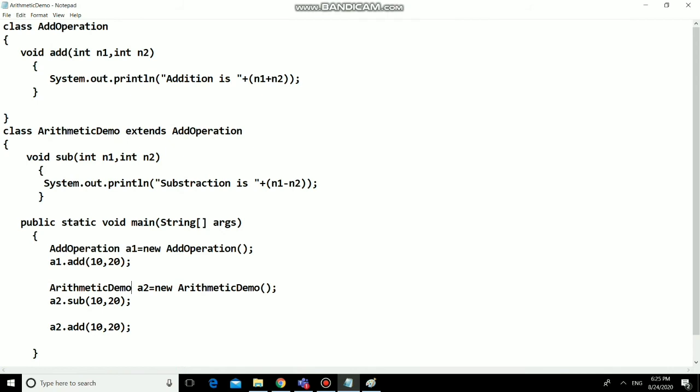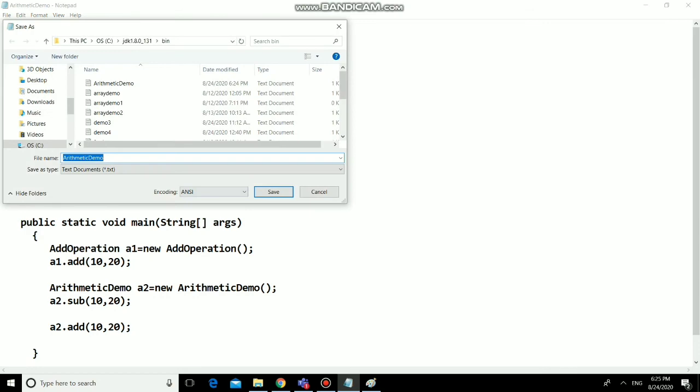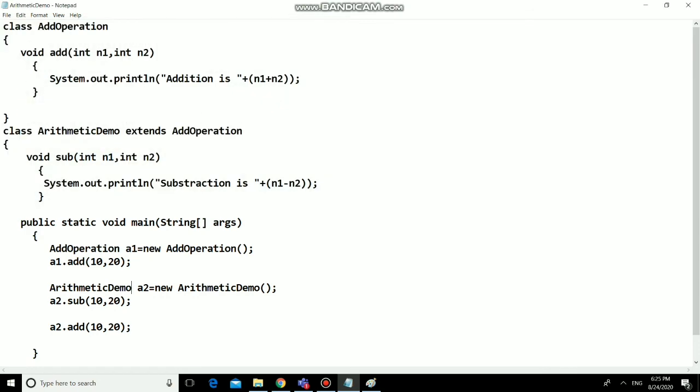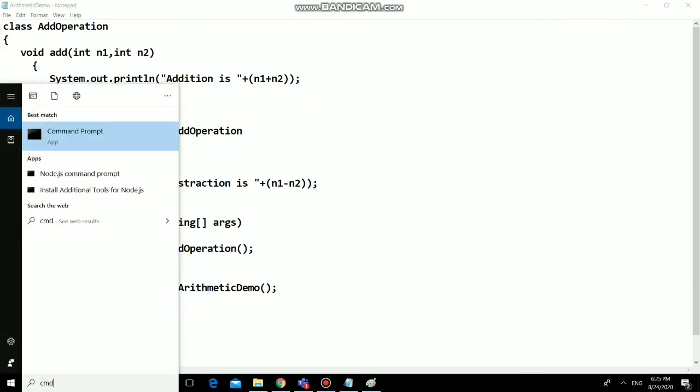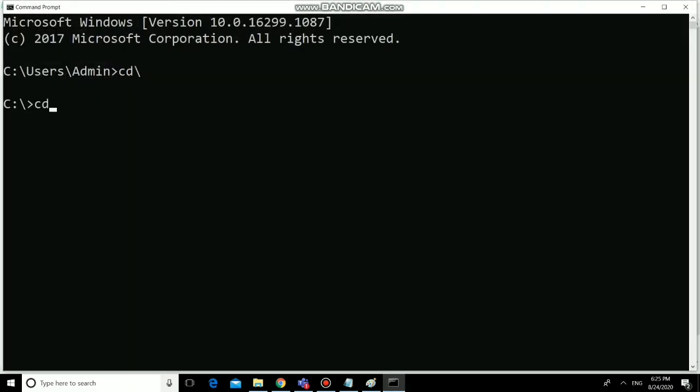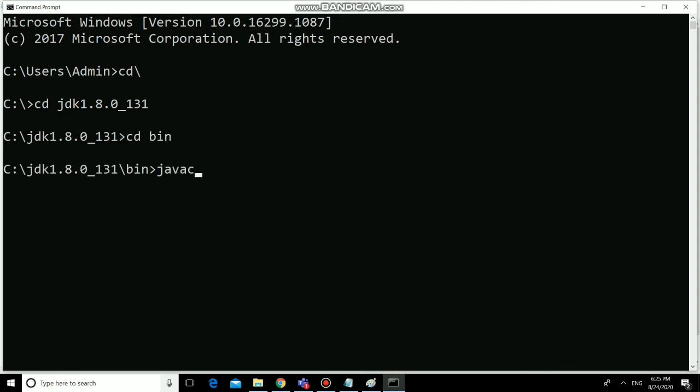So we have done that, and now simply run this. Save this file. I have created that file in the bin folder. Simply compile this file.